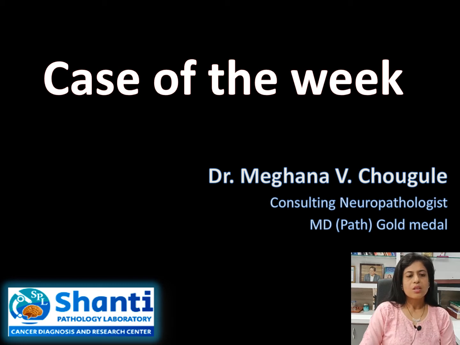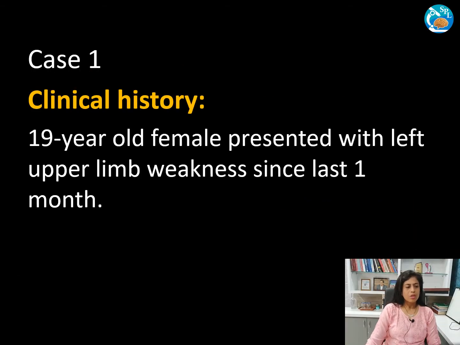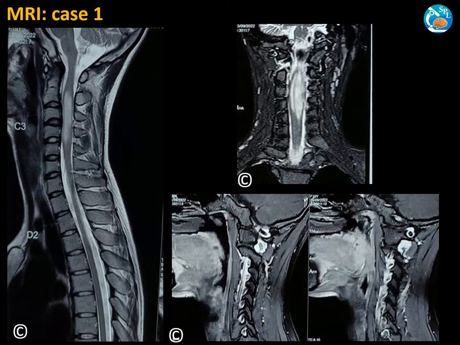Hello everyone. Today we are going to see two cases of diffuse midline gliomas. Case 1 is a 19-year-old female who presented with left upper limb weakness since a month. The MRI revealed altered signal changes involving the upper cervical cord from the mid portion of C2 through the upper border of C5